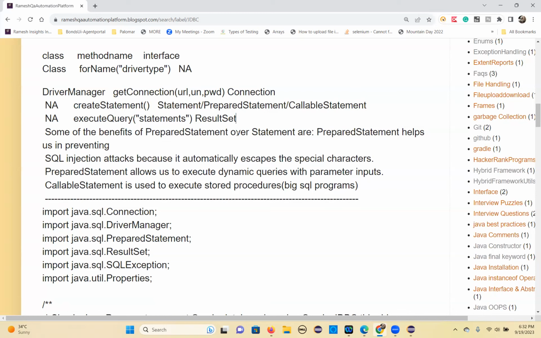Okay, that's it. And we have a total of 3 topics left. One is file handling, string handling, collections. So these 3 topics